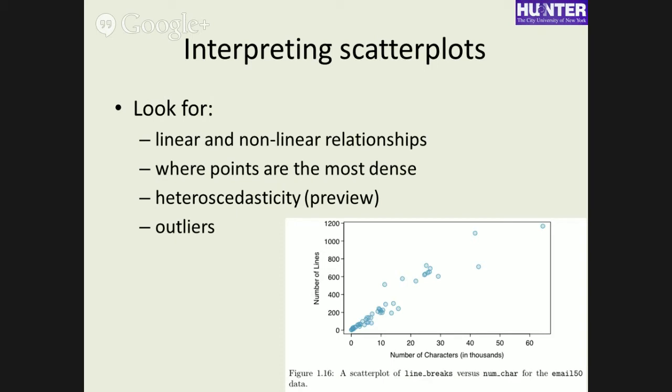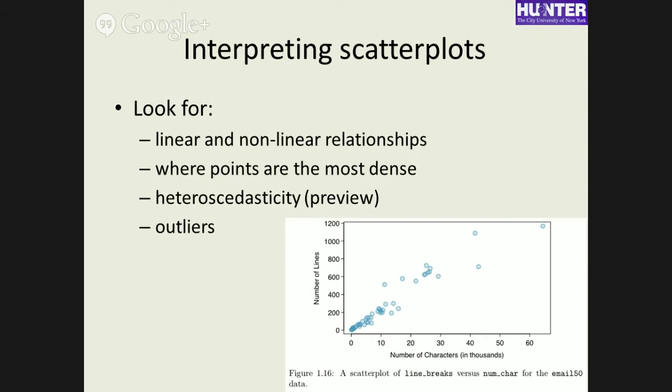Here are a few things you can read off of a scatter plot. You can assess whether that relationship is more or less linear, like can you draw a straight line that represents the relationship from the left-hand side to the right-hand side. You can kind of read where the points are most dense. You can see that most of the emails, it looks like, are down in this range. They're shorter emails and there are smaller numbers of really long emails. I suppose this is not counting all of the text that gets included in replies, or else they'd probably all be long. You can assess